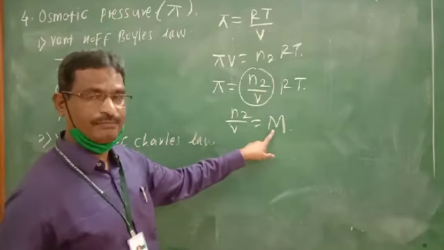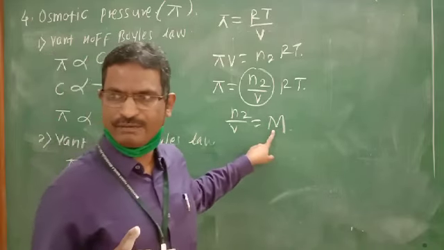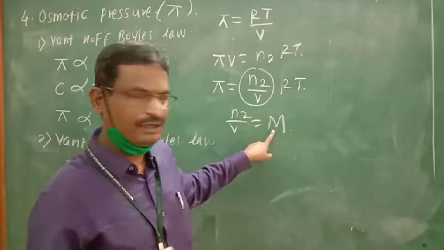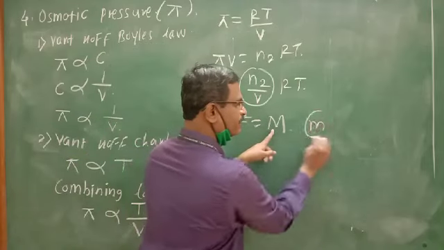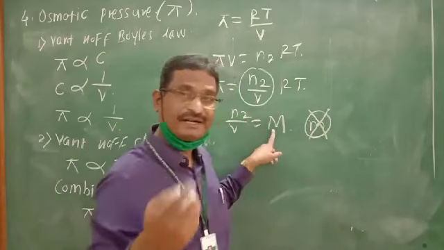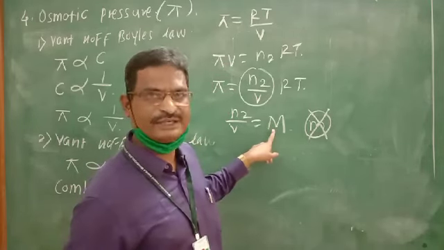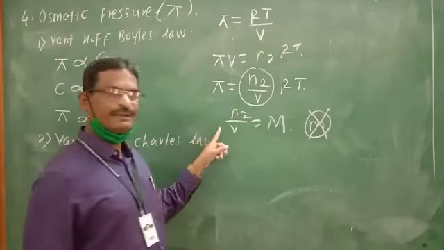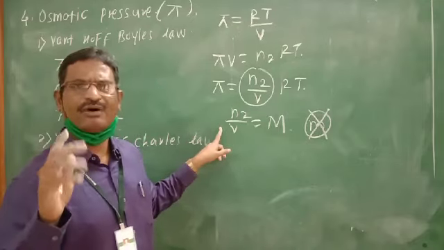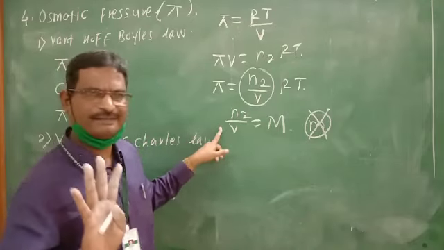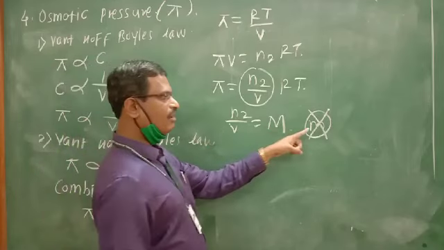Now it is capital M. In elevation of boiling point and depression of freezing point, we are using small m because those properties depend on the temperature. Systems of different temperature we are using, but in osmotic pressure it is determined at constant temperature. There is no change in temperature. Therefore, instead of